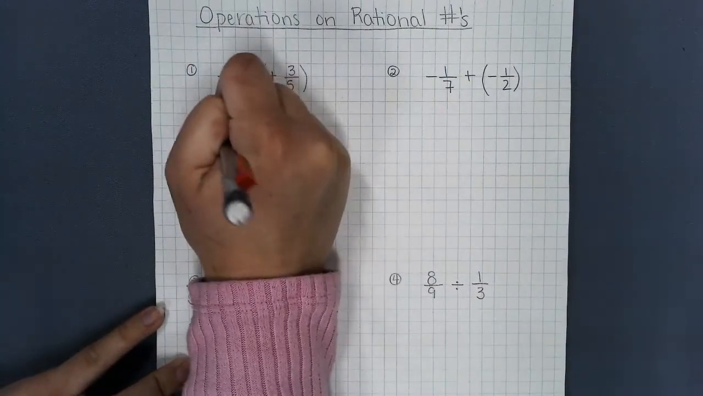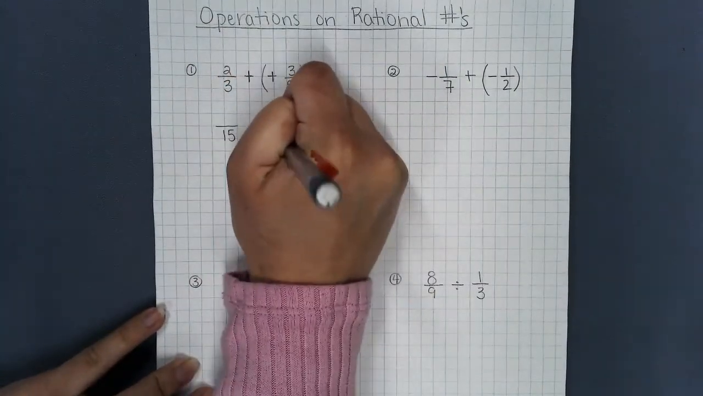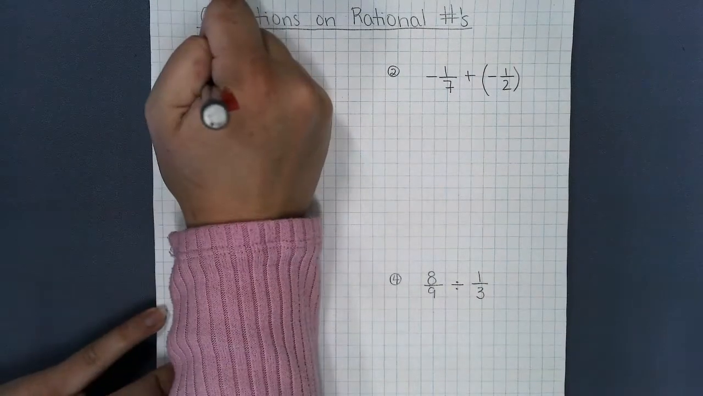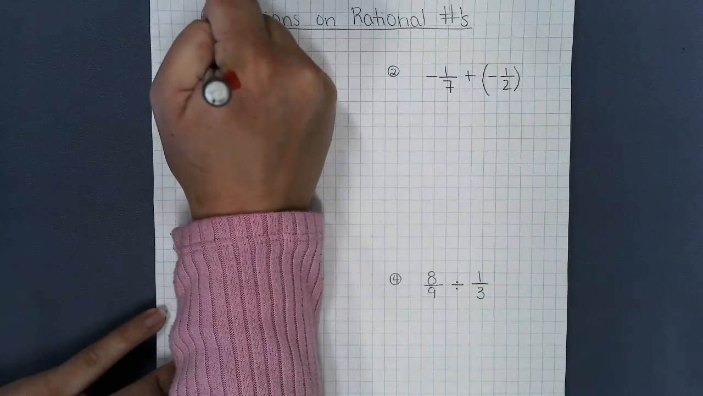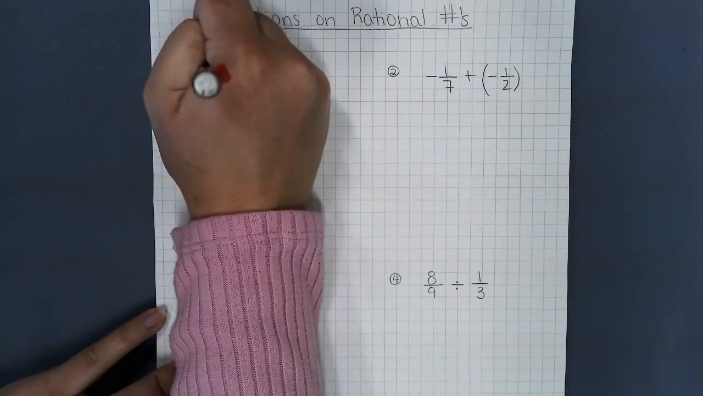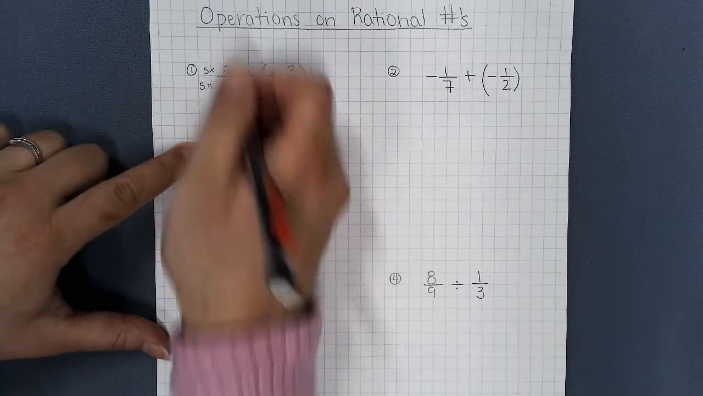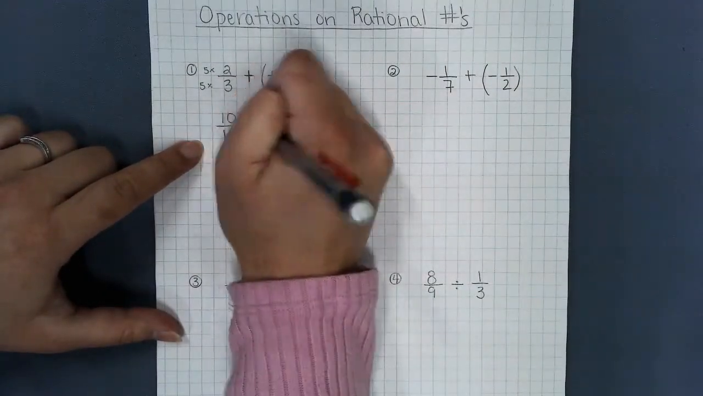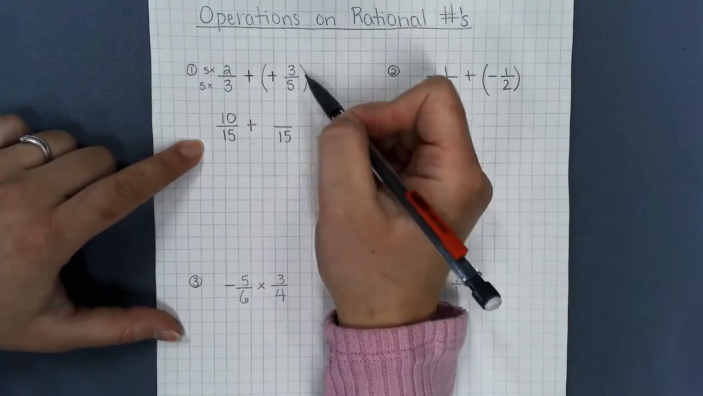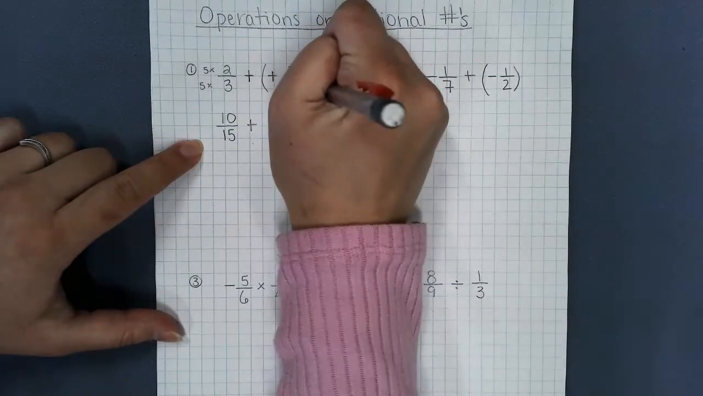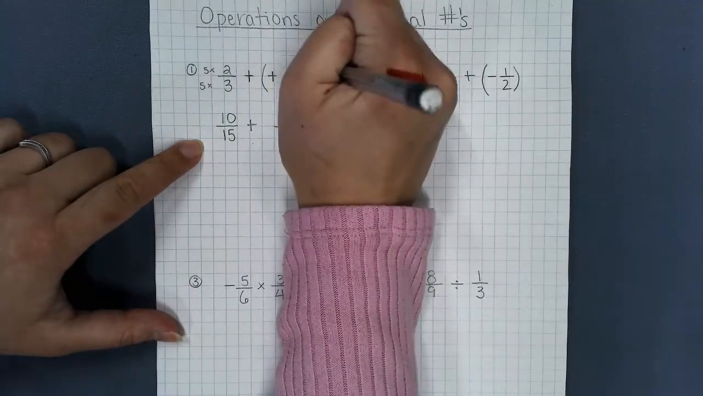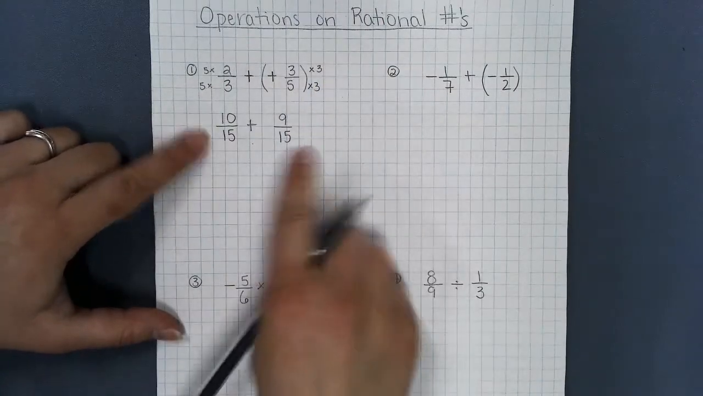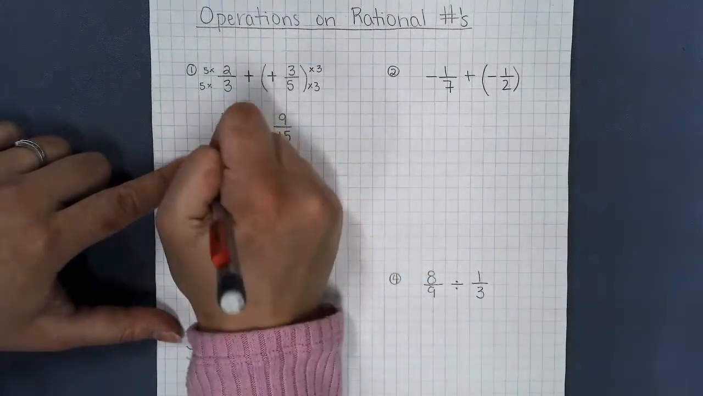Now I'm going to find a common denominator. I am going to use 15 in order to change 2/3 into a fraction over 15. I multiply the 3 by 5, which means I'm going to multiply the 2 also by 5. So I am going to end up with 10/15. I'm adding my other fraction, which is 5 multiplied by 3 is going to give me 15, and 3 multiplied by 3 is going to give me 9/15. And now I can add these two numbers together, and that's going to give me